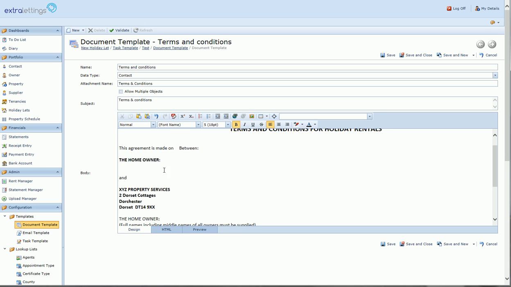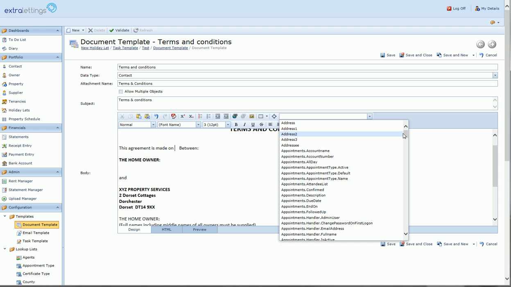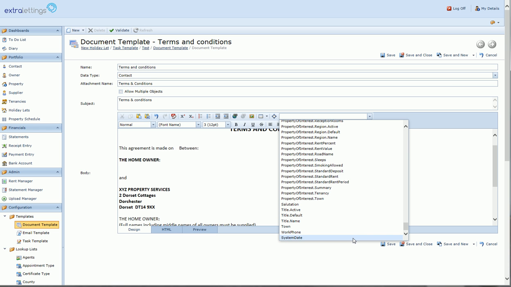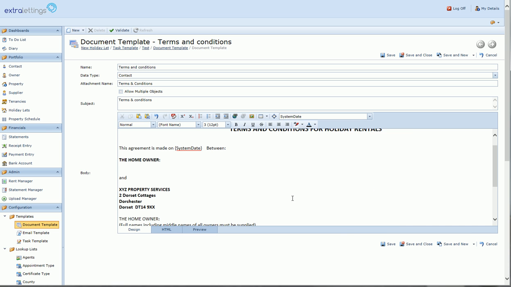And now I want to put various variables in here which you would typically have been typing in. So this agreement is made on, if we want today's date, we click this box, which is all the variables, and the system date is the last thing always. Between the homeowner and in here,